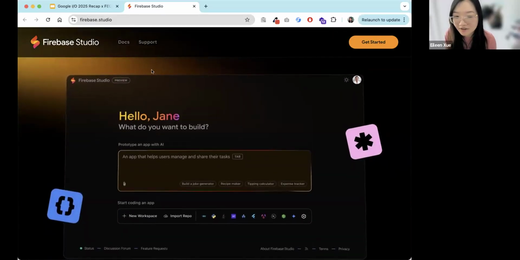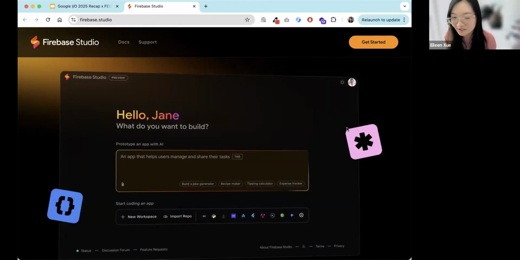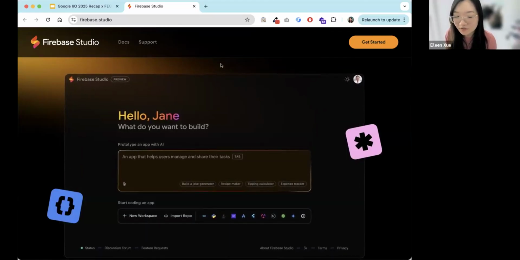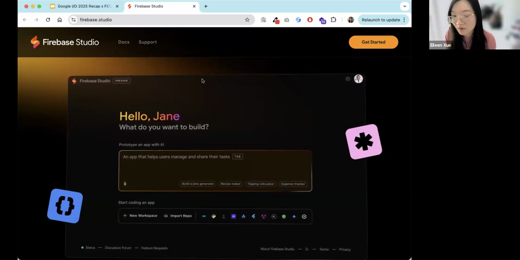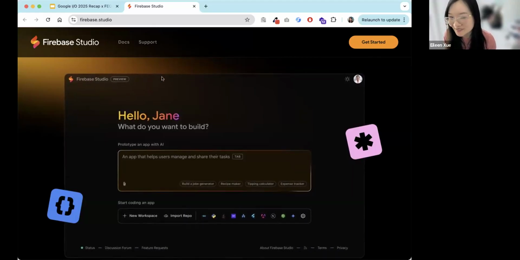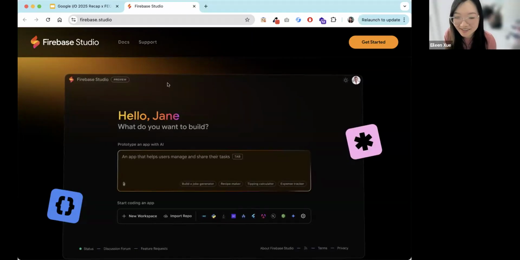So another thing about this is it makes it so easy for anyone to create applications now, right? With front end before, we were more focused on creating the design aspect, and then maybe we worked with backend developers. But now no one needs to know how to code. You can just prompt it and you can create apps.